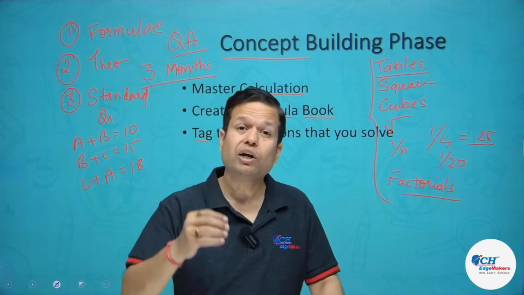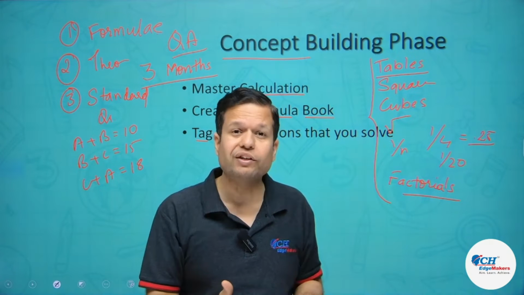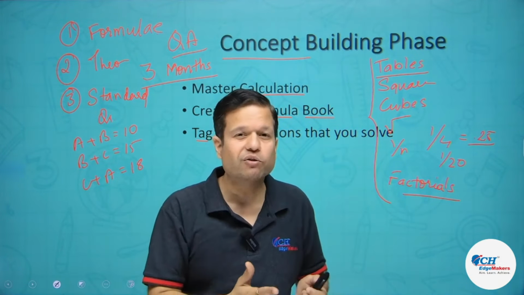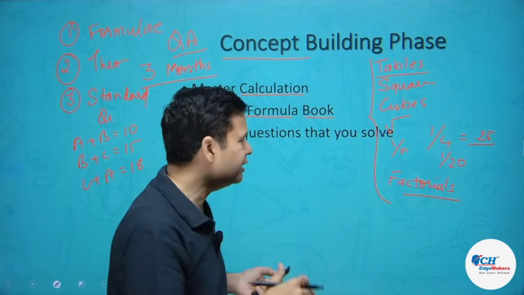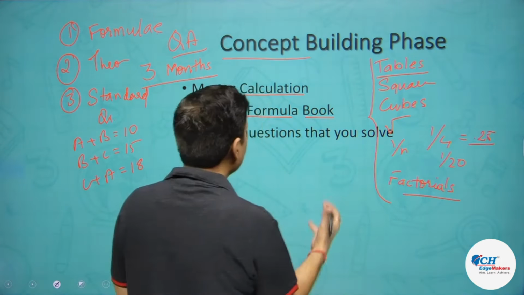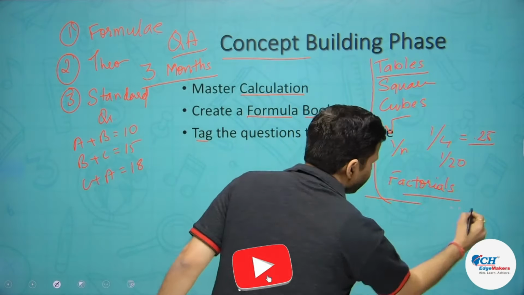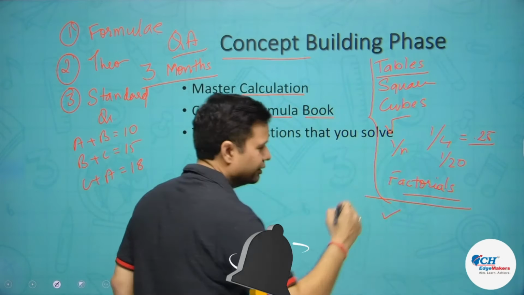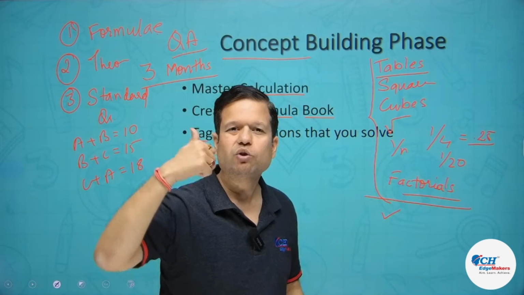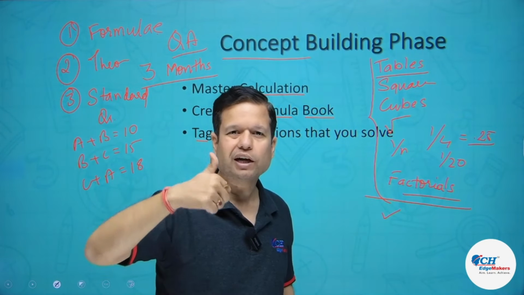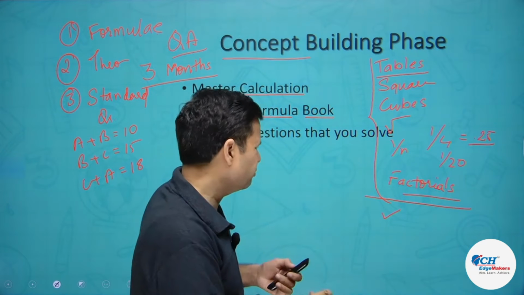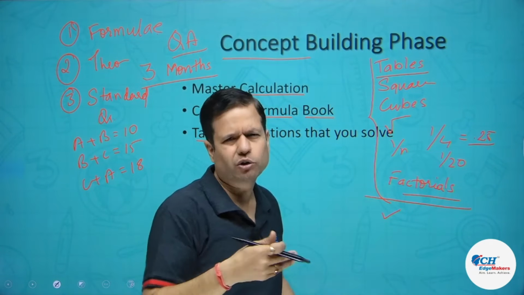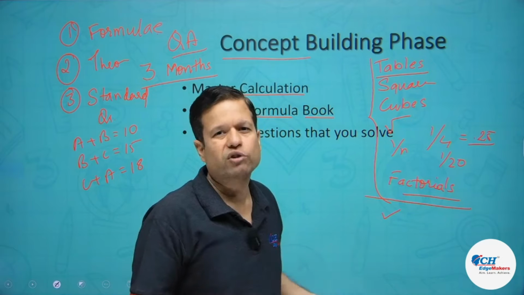Let's say you were able to solve a question, but it was too difficult and you feel this is a very, very important question. So another tag for it. So you should create some tags. Let me help you with some tags that we normally recommend. The first is right. Right means it was an easy question. I was able to do it immediately or in a quick time. So I don't want to revisit this question again because I know I'm capable of solving it.